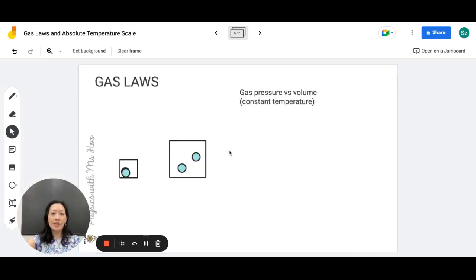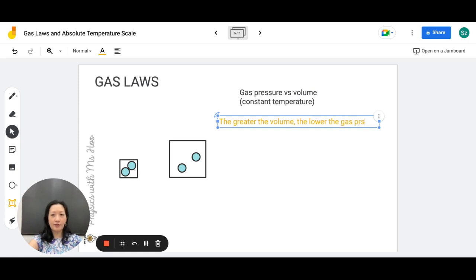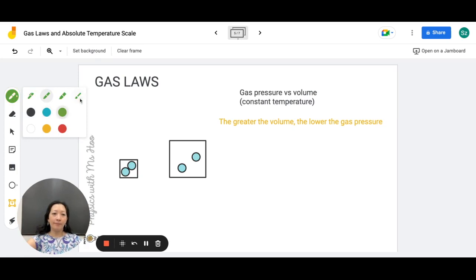So for this situation, it's going to move it. Oh, it's not moving, it's just rotating. Okay. For this situation, we find that the greater the volume, the lower the gas pressure. So this one has an inverse relationship. So if we were to plot a graph,